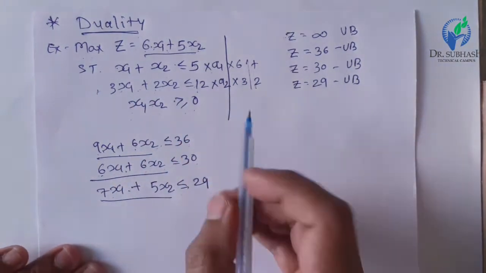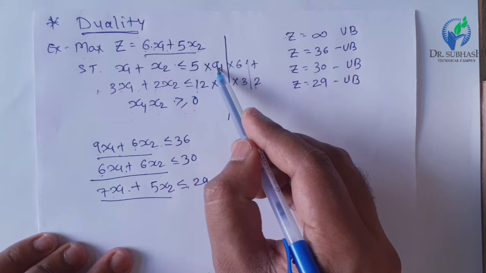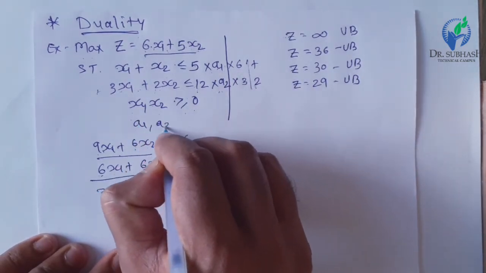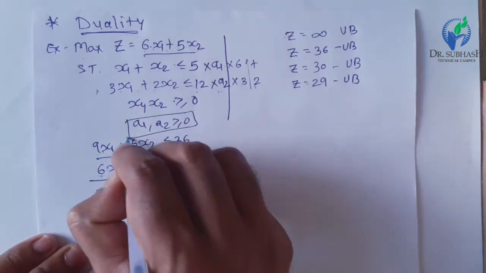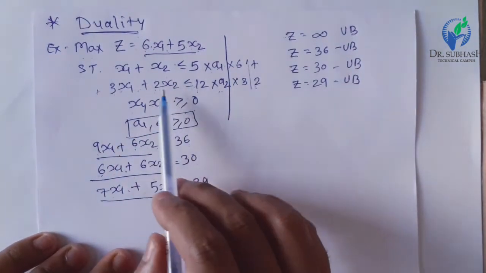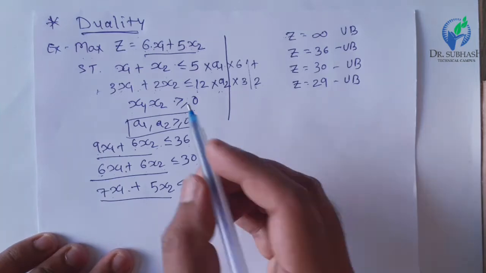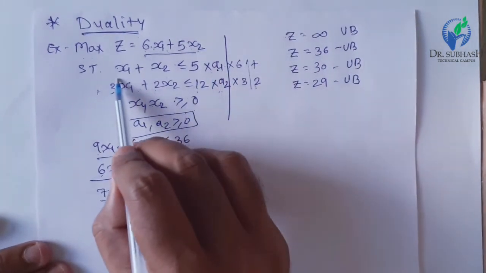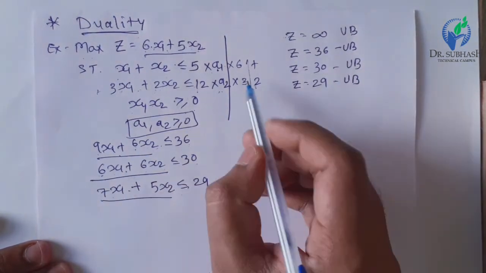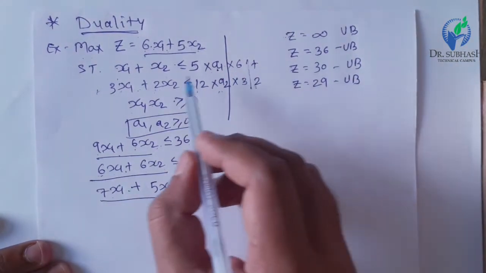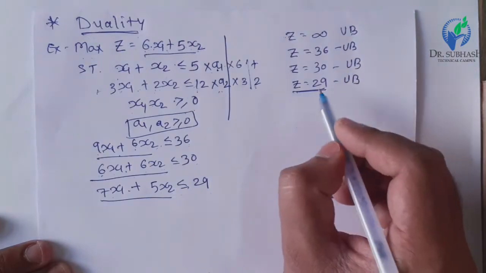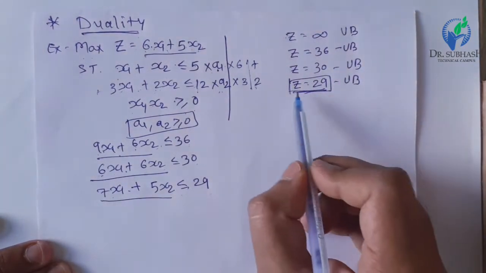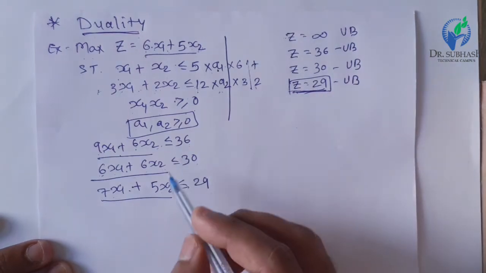Then we get the value of which must be a. Here another condition is that a1 and a2 must be greater than or equal to 0. In this case only we can consider this comparison. So here, if we multiply this by a1 as we have done here by 2 and then add in this equation in the third consideration, we get the upper bound equal to 29.